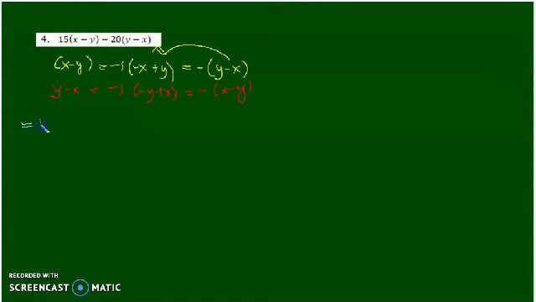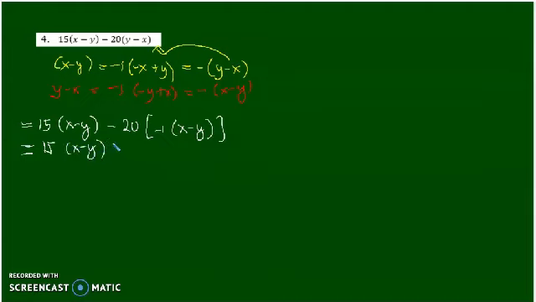So, that is 15 times x minus y minus 20, where y minus x is equal to negative 1 times x minus y. And then simplify. So 15 times x minus y, and then negative 20 times negative 1 is positive 20 times